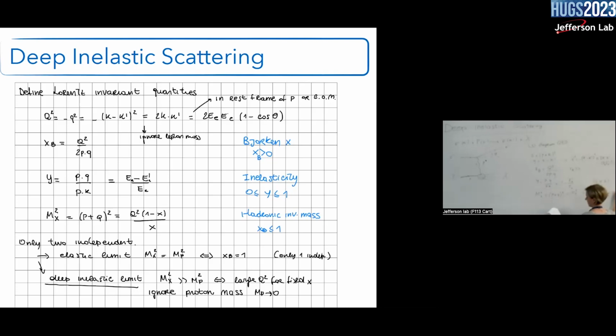And we know that because this is larger than 1, the Bjorken x has to be smaller than 1. Okay, so we define two variables: the Bjorken x, and then you will see why it's important, which is between 0 and 1, and the inelasticity, which is between 0 and 1, and 2 Q squared and M_X squared, okay? And then we have two regimes of scattering, which is the elastic limit,